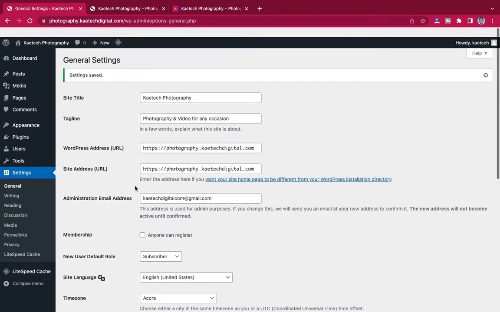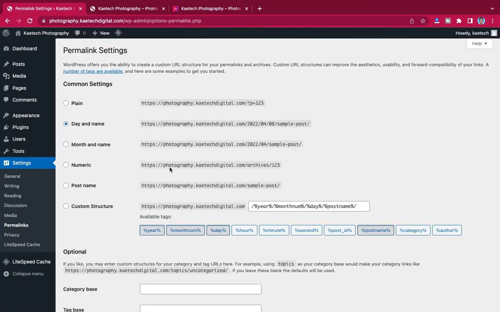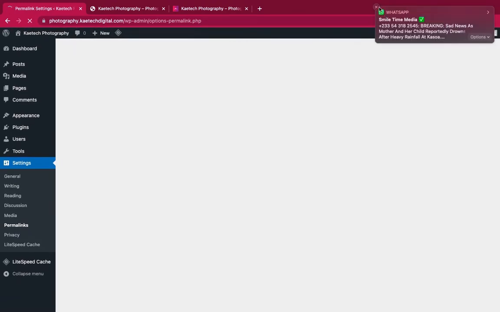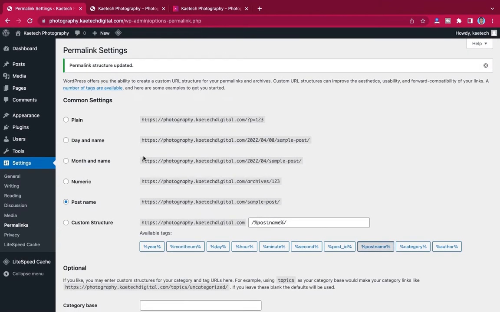Now that I'm done over here, I'm going to go to permalinks. With the permalinks, I want to set the permalinks to post name, this one over here, and then I'll just click on save changes. Okay, so that is what I'm going to do. And now that everything is set over here, the first thing we're going to do is